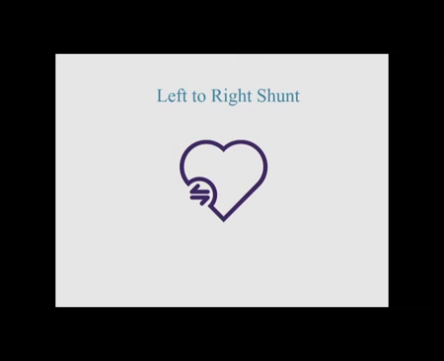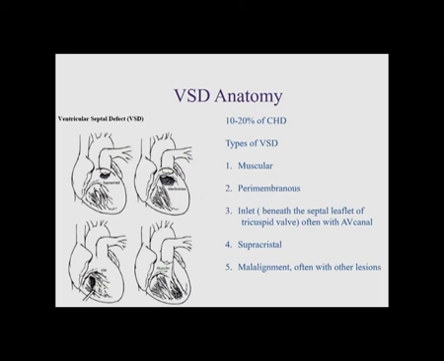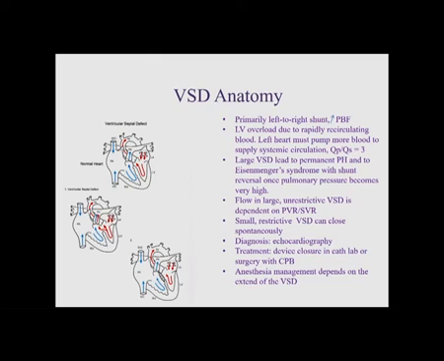So one example for the left to right shunt is the VSD, and you see here there are different types, and different types have different surgical repairs and different consequences, and some of the larger VSDs can